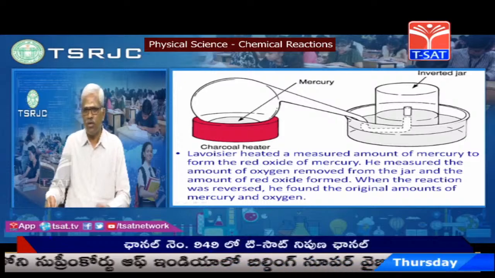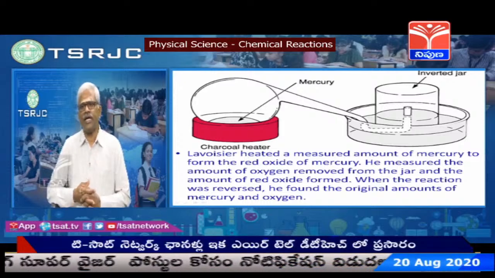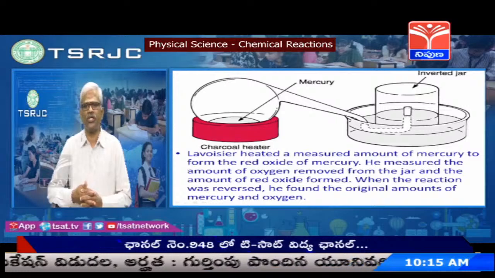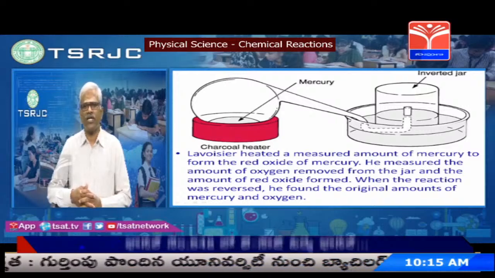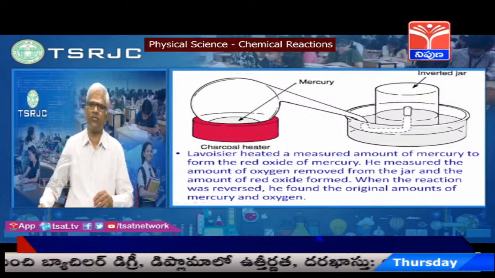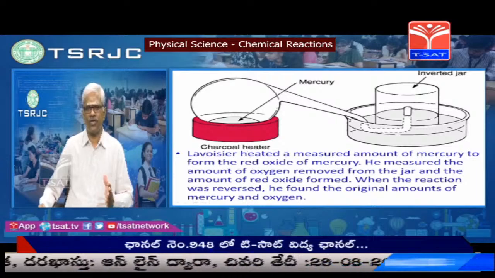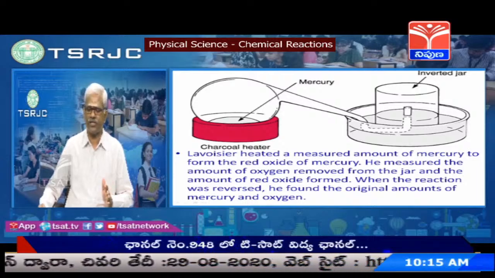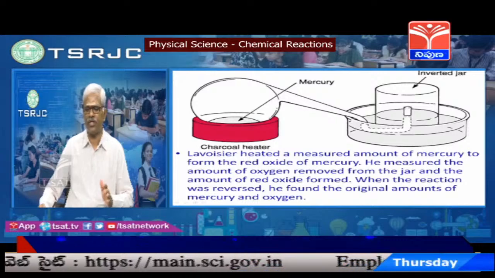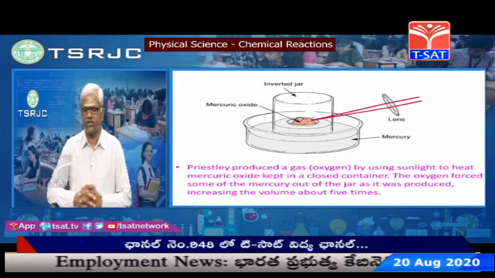That is why we cannot measure excess quantity of substances during a chemical process. Whatever the mass of the reactants, that will be the same for the products. So, the mass of reactants and the mass of products will always be constant and the same. It is called the law of conservation of mass.